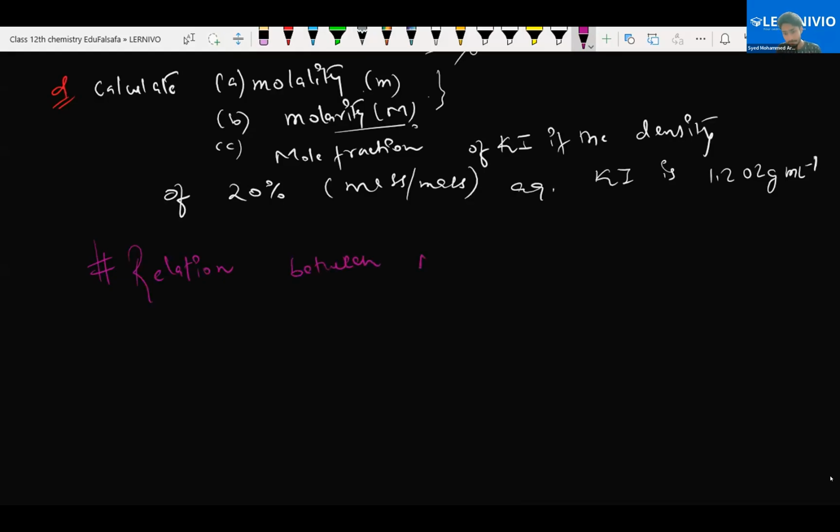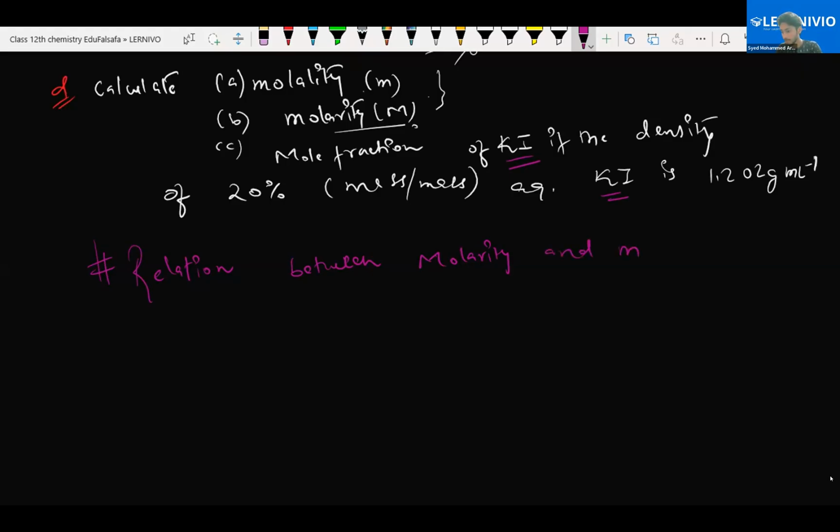Sir, what does KI mean? KI is potassium iodide. Potassium is present in the S block, refer to your periodic table. And I stands for iodine, which is present in the P block, and it is a member of the halogen family: fluorine, chlorine, bromine, iodine. And potassium is your S block element. So this is it. Relation between